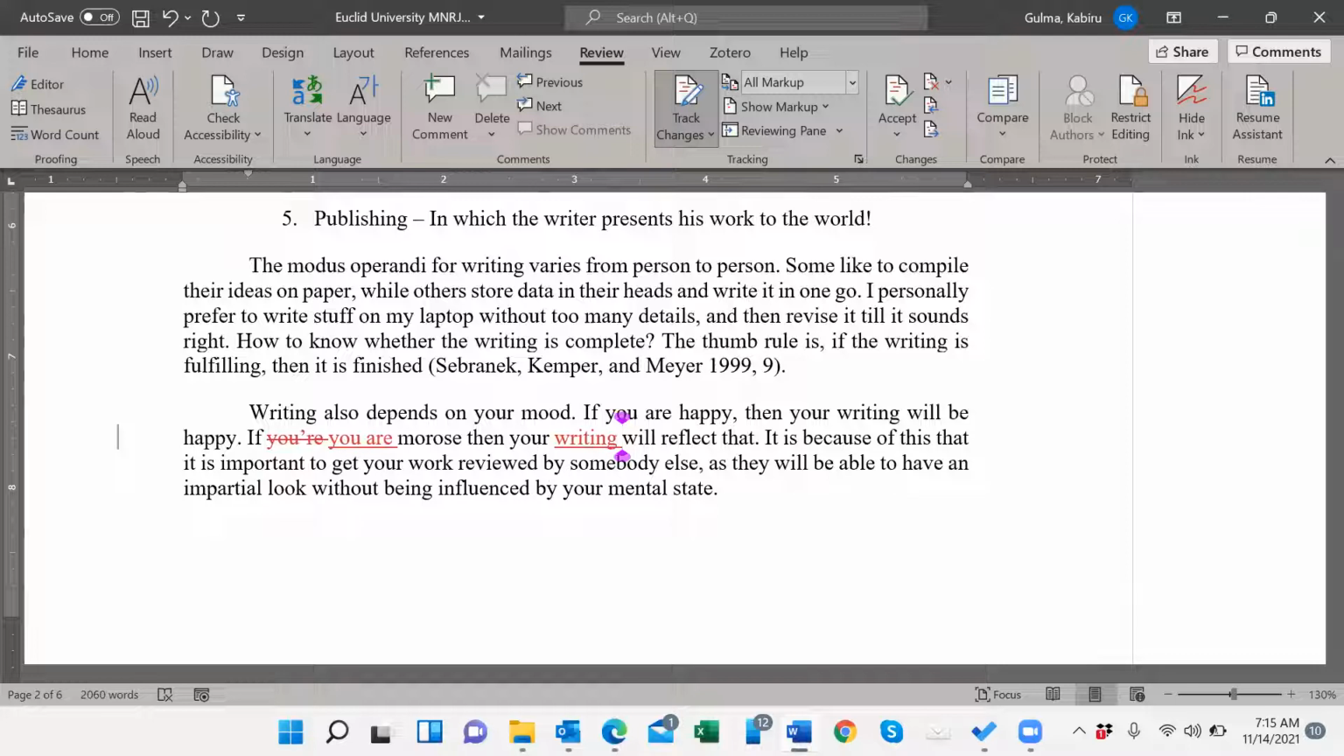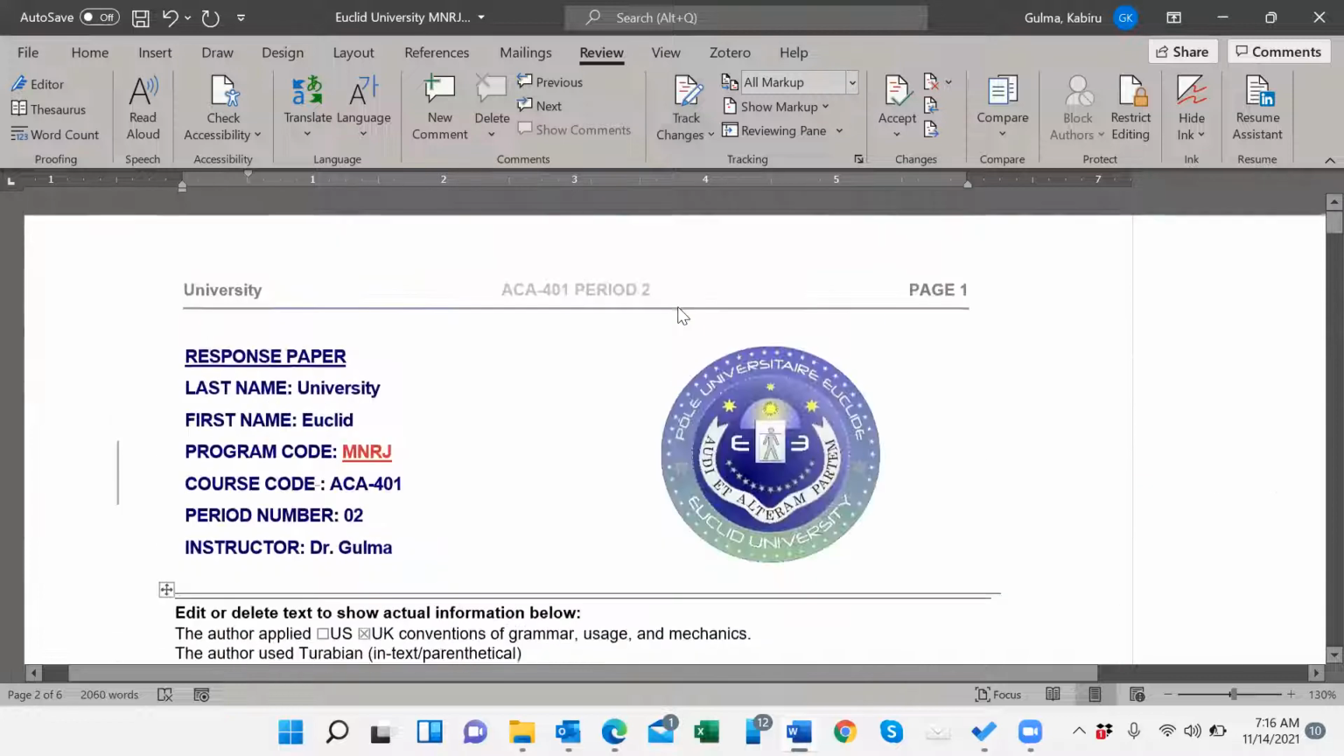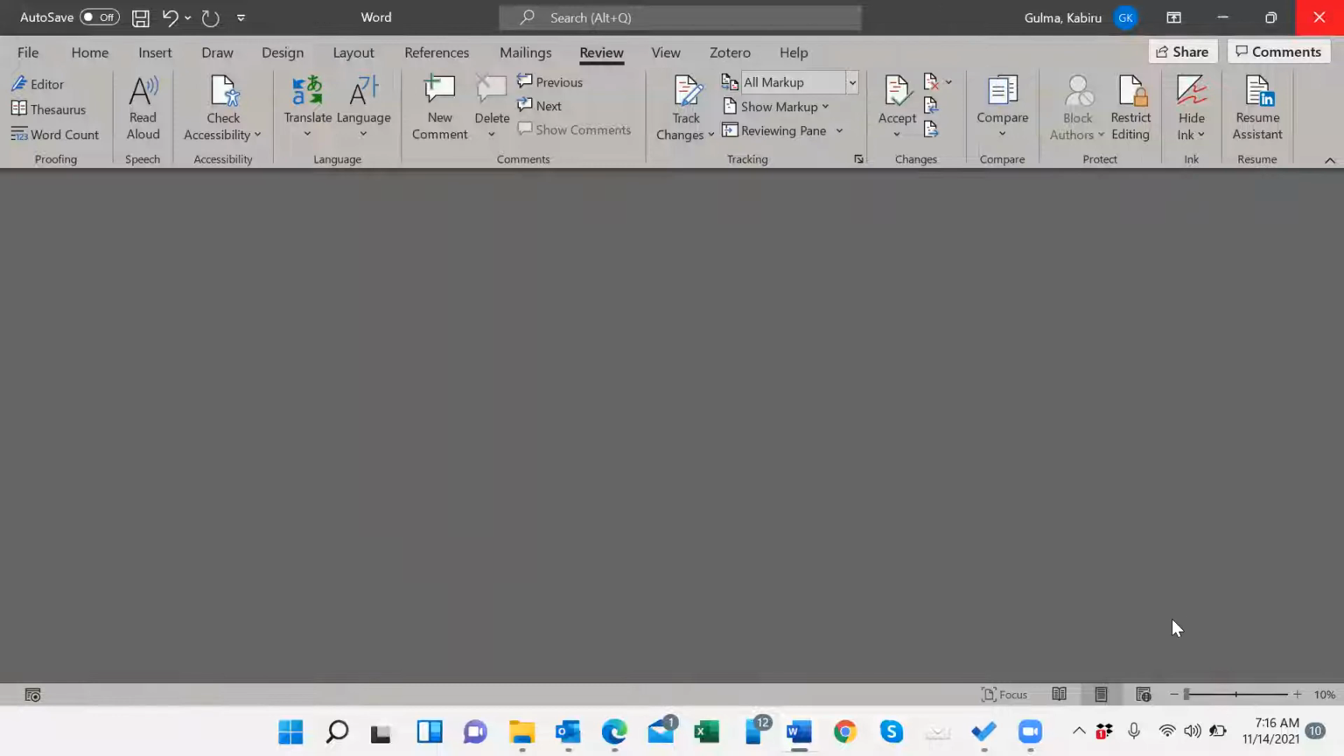It is because of this that it is important to get your work reviewed by somebody else, as they will be able to have an impartial look without being influenced by your mental state. Okay, this is correct, but at least you've seen that all the changes I've made have been highlighted. So if your instructor wants this, simply activate track changes, make all the changes, and reply to the instructor with the track changes. So what I'm gonna do right away, I have saved this paper on my desktop, and I'm